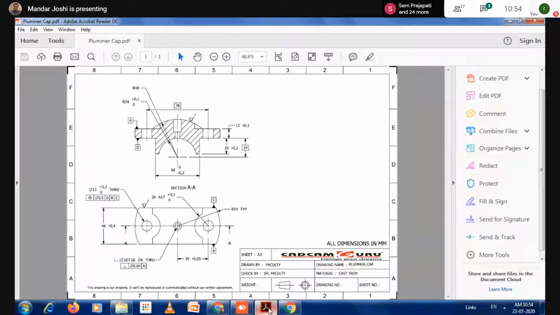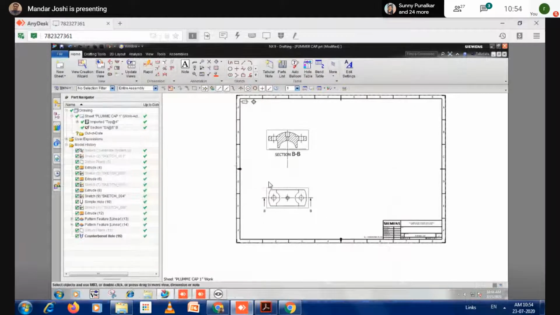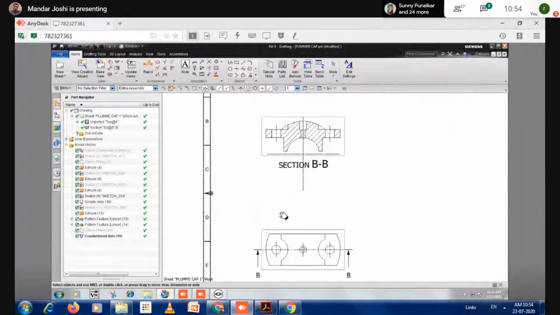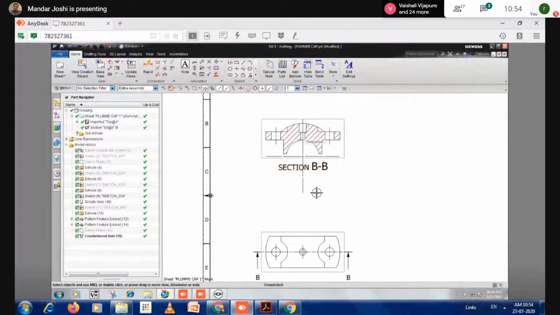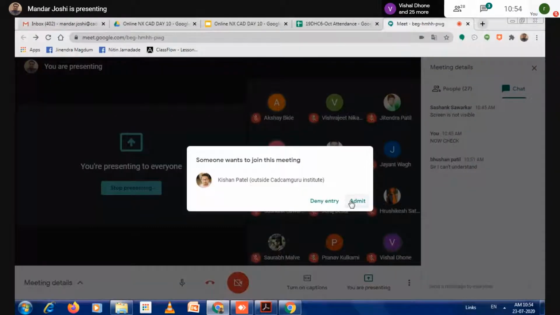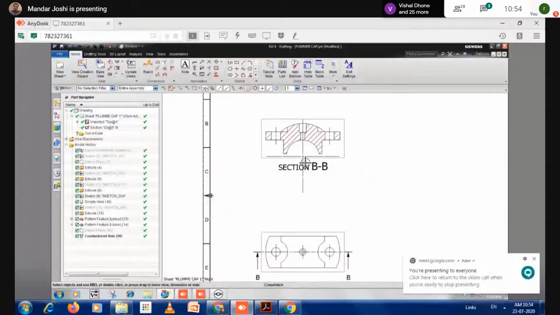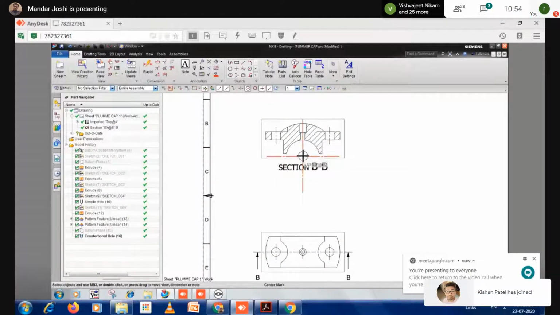After that, you have to apply the dimensions. To apply the dimensions, first I need a center. It is already there, that center mark is indicated. But if that center is not displaying for you, in that situation, what to do? Suppose I'm deleting this and I want to put it again.